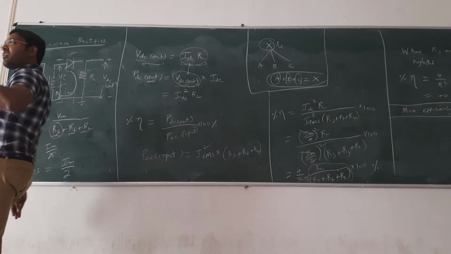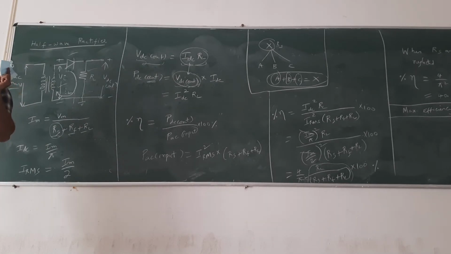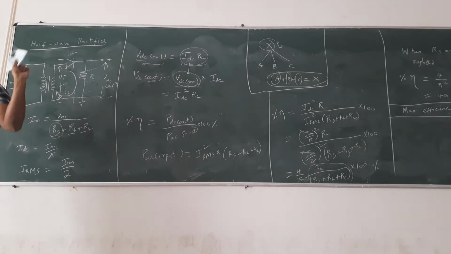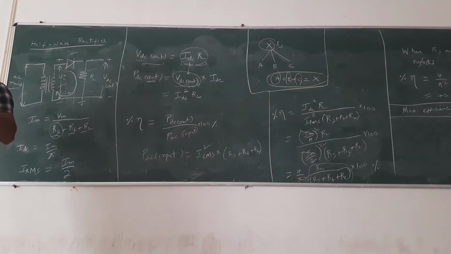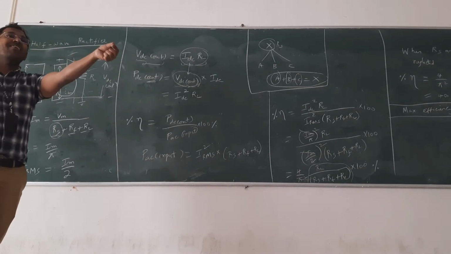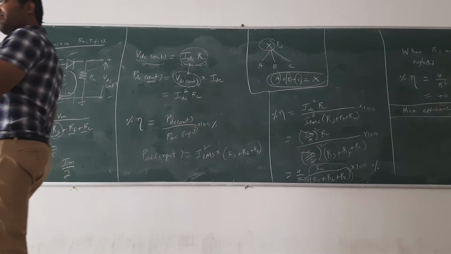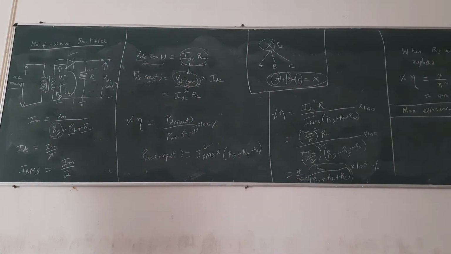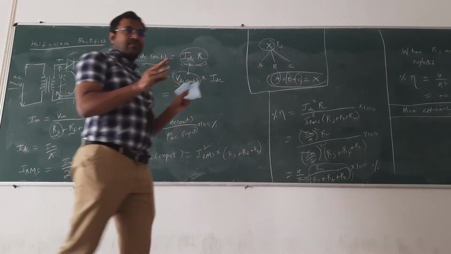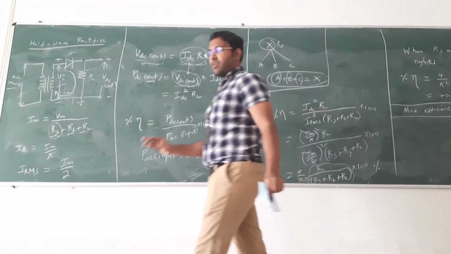And then the formulas. See, our subject presence of mind is very important. Simple. If they say ideal diode, RF we will neglect. If they say neglect the secondary winding resistance, RS we will neglect. Or if the values are not given in the question, we will neglect. Clear? If the values are given, we will put those values and solve. Most of the problems will be just common sense. We will use our common sense and then solve.